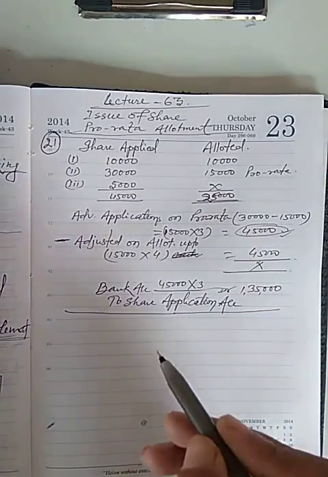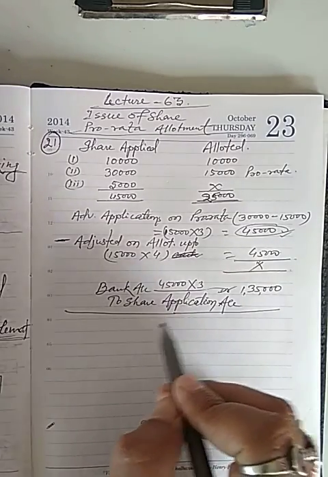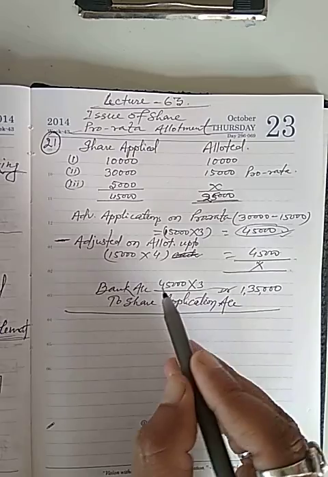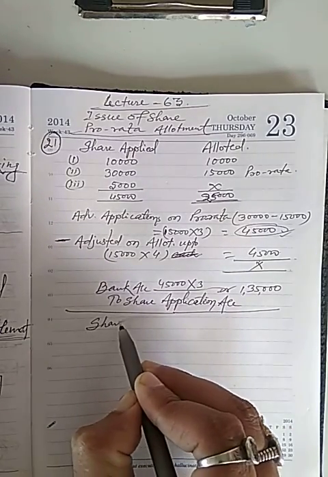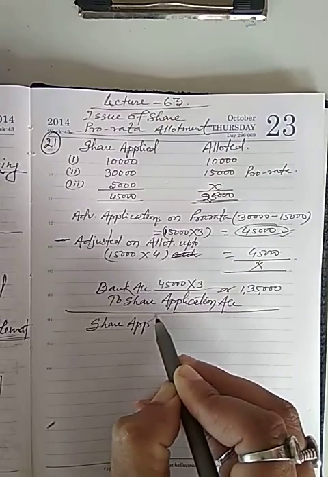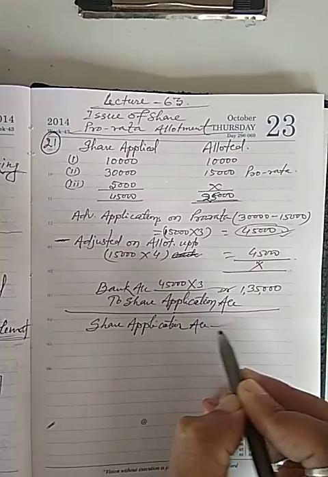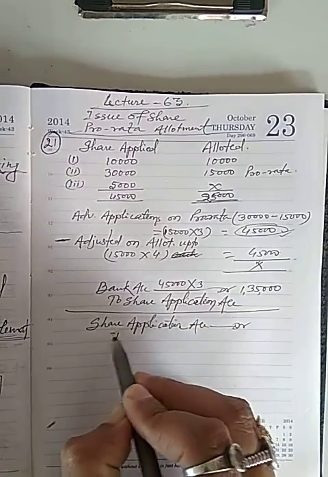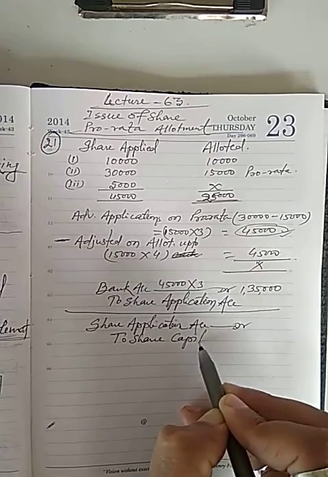Now the second transaction will be for transferring the application money to the share capital account. So the journal entry will be share application account DR to share capital account,